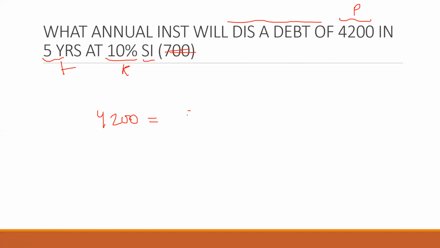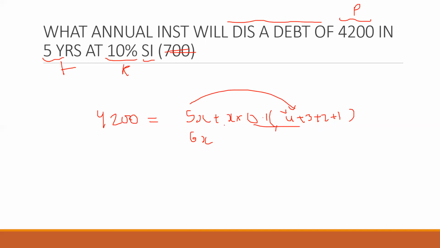कितना है 5x प्लस बाहर क्या क्या आएगा, x बाहर आएगा और रेट ऑफ इंटरेस्ट बाहर आएगा, तो 10/100 को सीधा मैंने 0.1 लिख देता हूँ। अंदर इससे एक कम वाला से लेके 1 तक, 4 3 2 1। अब इसको मैनुअली ऐड कर सकते हो, नहीं करना है तो 4 इंटू 5/10, 10 आ गया, तो ये x हो गया, तो 6x, ये हो गया 0.1 इंटू 10 1 हो गया, तो 6x इक्वल टू 4200, x इक्वल टू 700 इज द आंसर। हो गया ये पहला, इजीली हो गया।